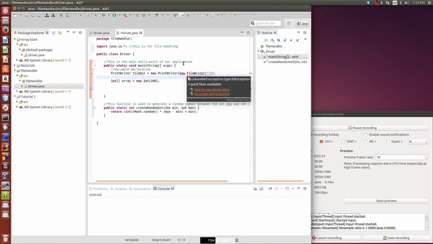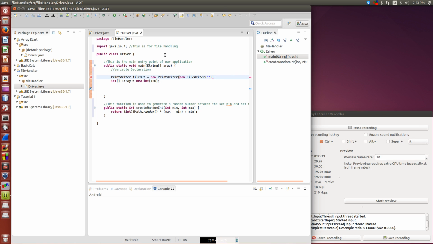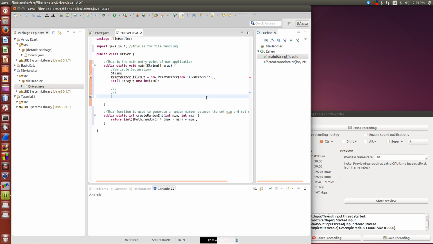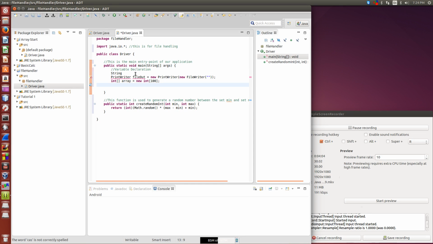I'll explain this in a second, but real quick, we haven't actually worked with strings before, and we're going to start right now. We're going to declare our first string variable in this programming series, and as you can see we do capital S and then String. A string is a group of characters, and a character would be just one letter, like C or A or S. A string would be something like CAS. So right away we're going to have String filePath equals new String, and then our file path is going to be